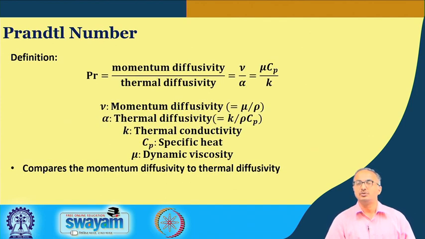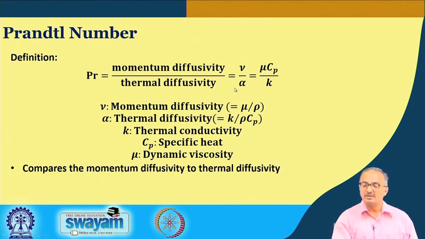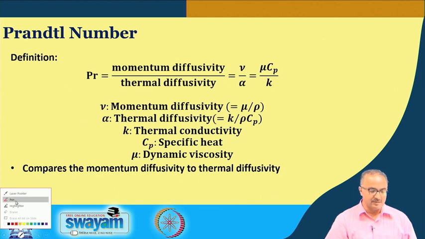Next we come to the Prandtl number. This Prandtl number you have seen in the heat transfer analysis when we try to non-dimensionalize the energy balance equation. And here you can see that the Prandtl number is given as the ratio of the momentum diffusivity and the thermal diffusivity. Please note that all these diffusivity terms, whether it's momentum diffusivity, thermal diffusivity, or mass diffusivity, all of them have the same units.